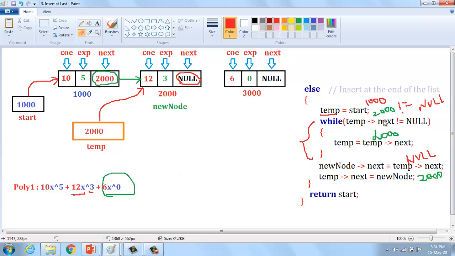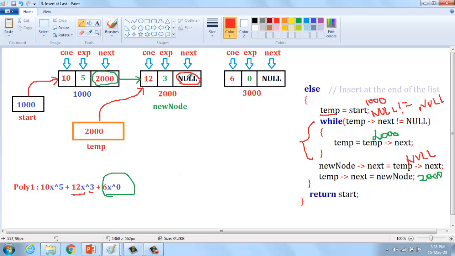Then we move to the next check of the while loop. While temp of next, what is temp? Temp is 2000. 2000 of next is null. Here temp of next is null.